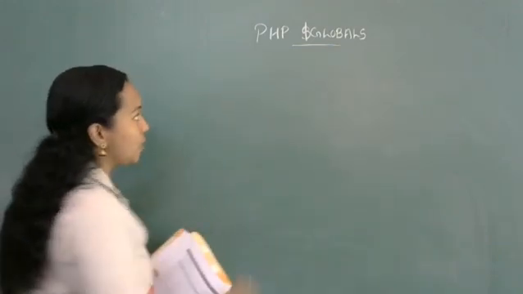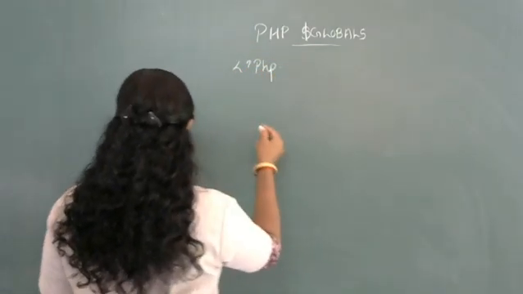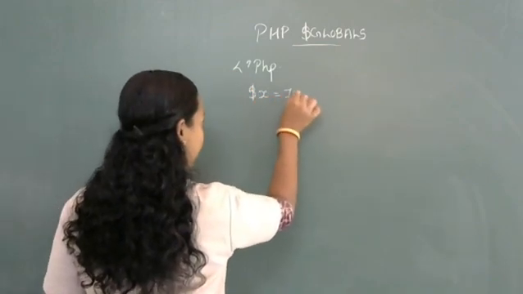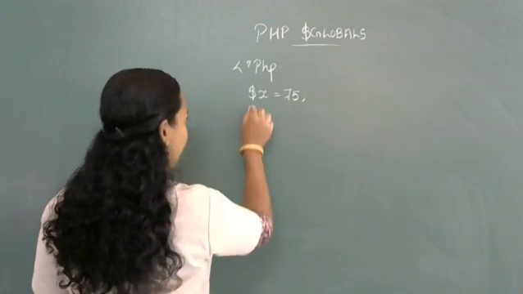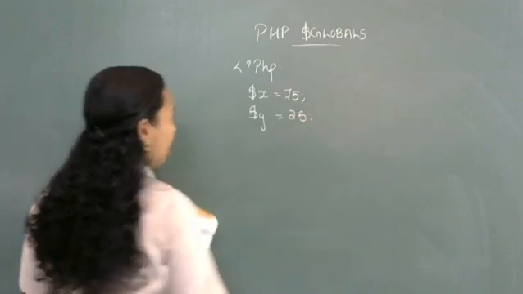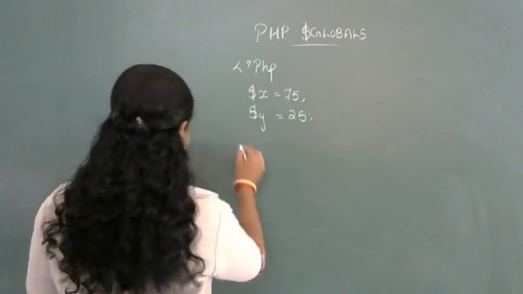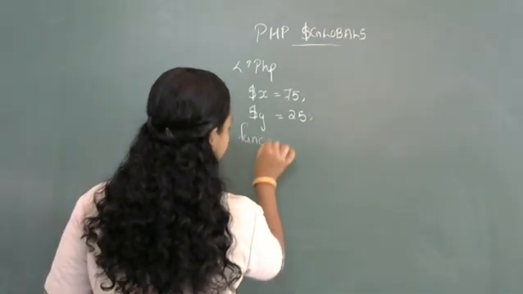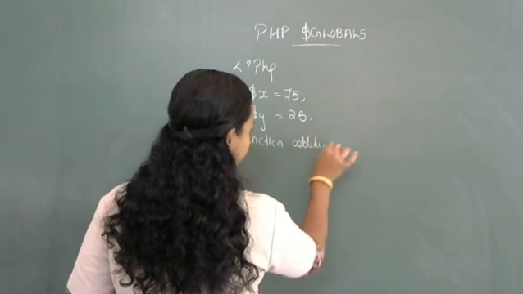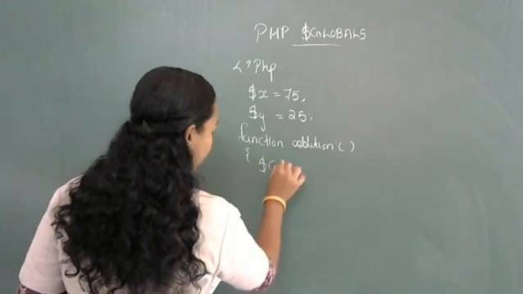Okay, I am going to write one example using a PHP program. Open PHP tag. $x is equal to 75. Then $y is equal to 25. Then I am going to create one function. What is the function name? Addition. Then $globals